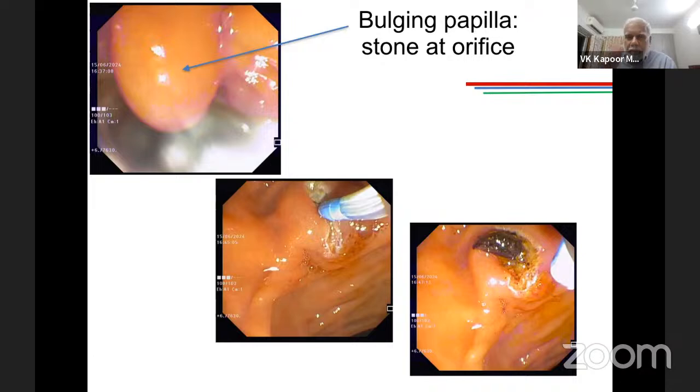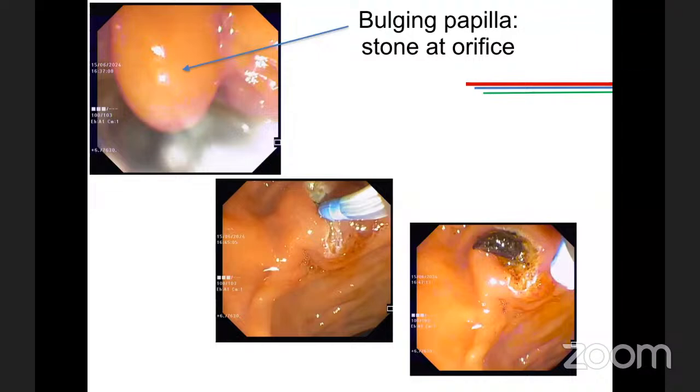I had a question for Abhinav, and then Peeyush can also answer that. You have gallstones and CBD stones. We have decided on a pre-operative ERCP, endoscopic clearance, followed by lap chole. You have documented that CBD is clear. Would you leave a stent or would you not leave a stent?